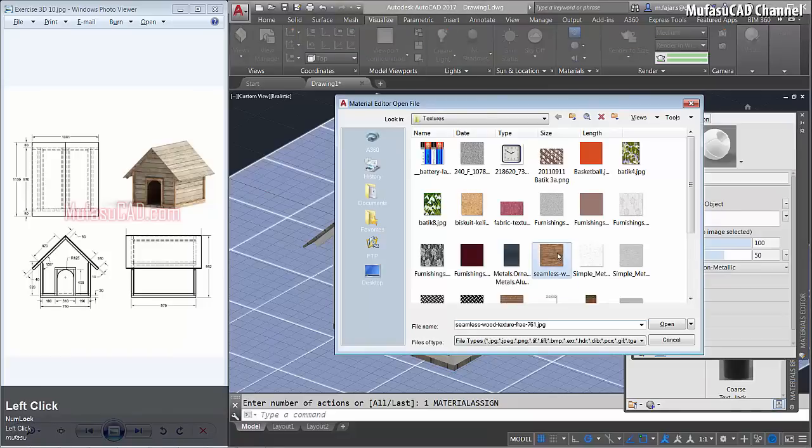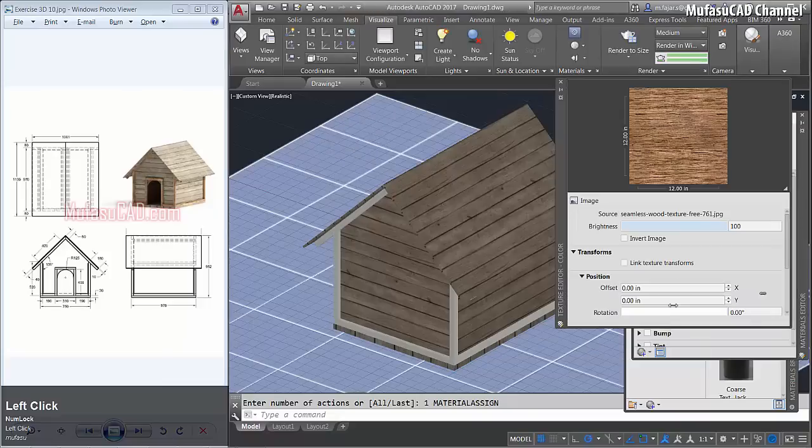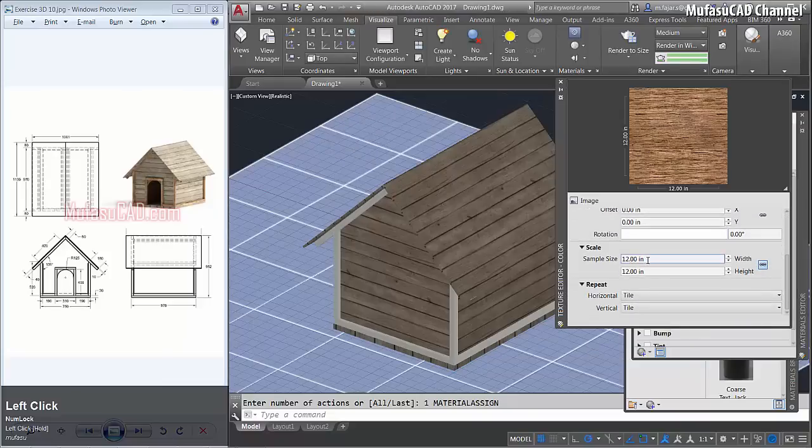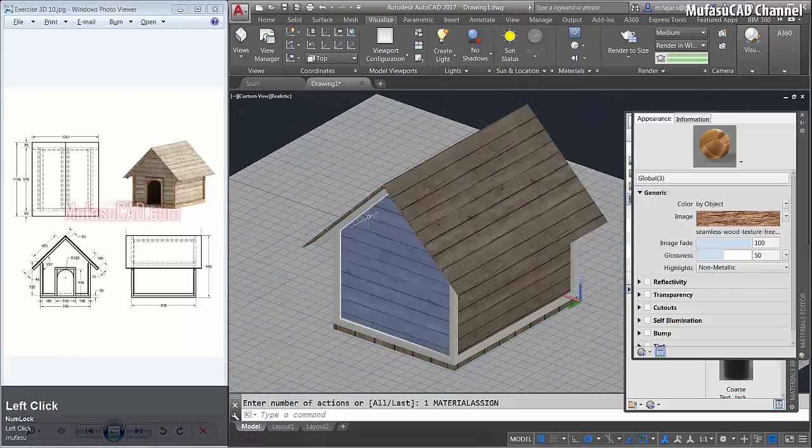I will use this image and open, and then I will change the sample size here to about 1500 and rotation to about 90. Okay, and close. I will select this object.